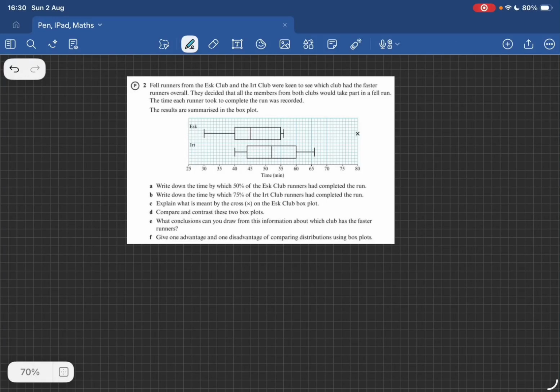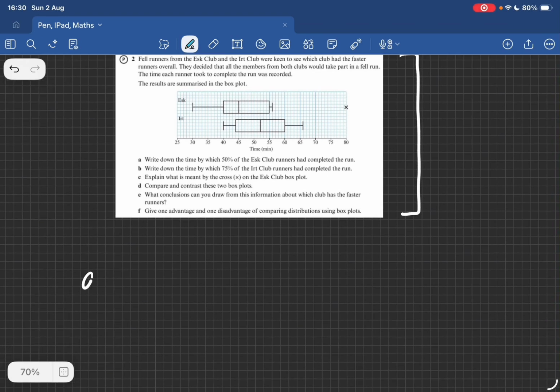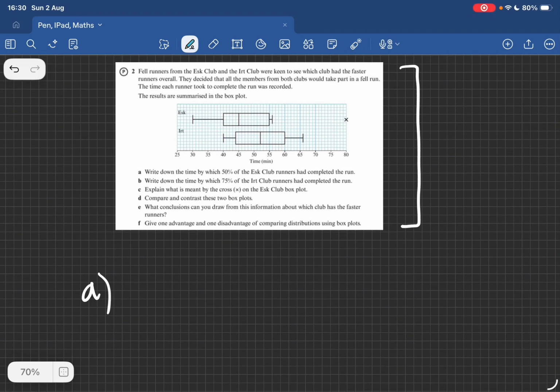Mixed exercises 3, question 2, and we've got a box plot question here. It's about two running clubs and they're comparing which running club has the quicker runners. Question A: we want to find the time by which 50% of these S club runners had completed